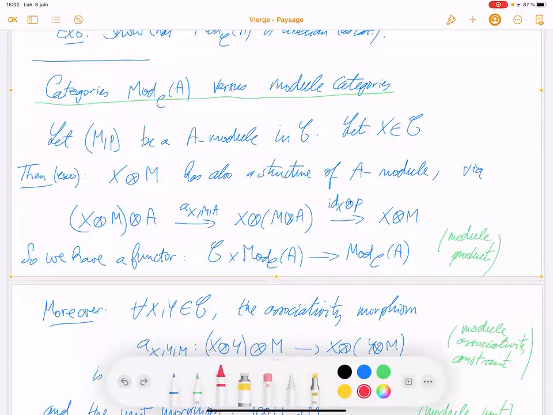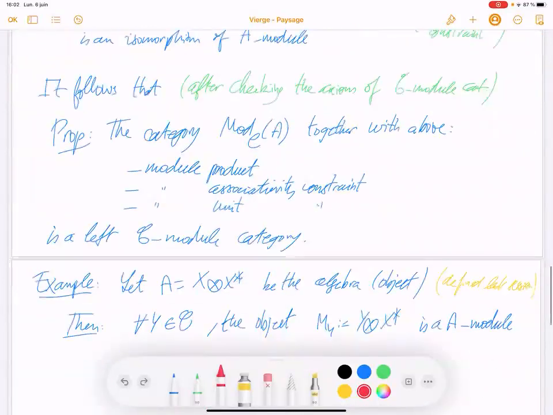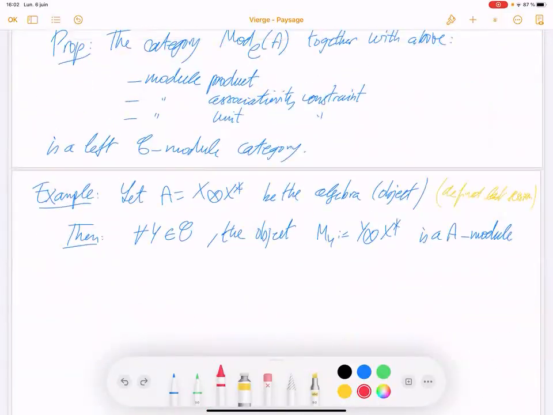And here what are we doing? We just take a specific algebra A, and from any object y we can make a module. But this is different from above because this one alone is not a module. If you take x tensor x, if you put here x tensor y, then you get a module with the above construction. But here you just have y tensor x star, it's not a module. So this is a new construction of a module.